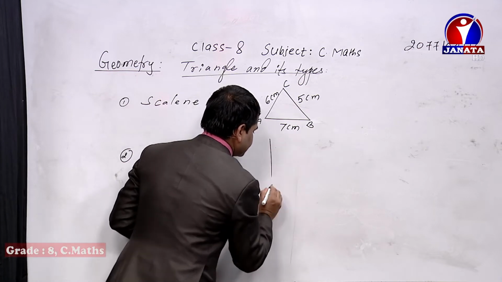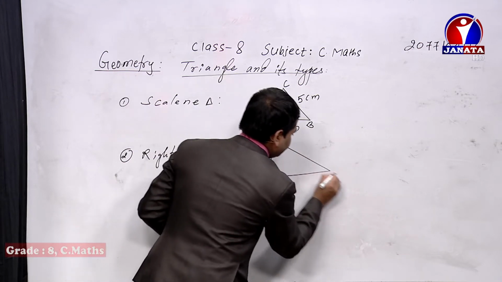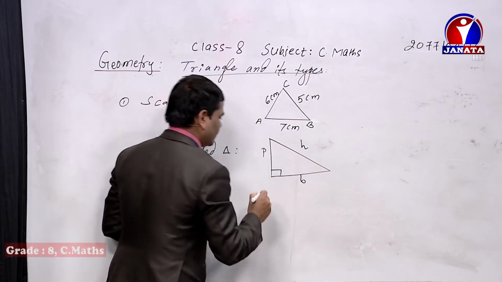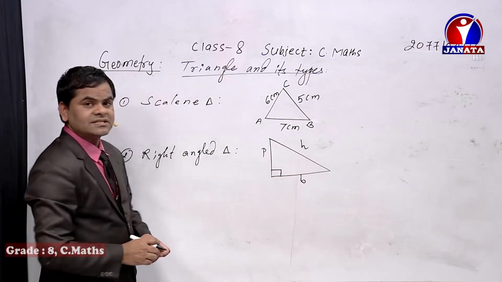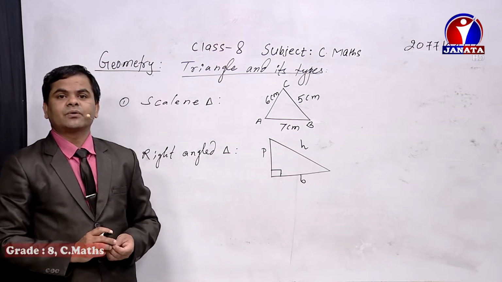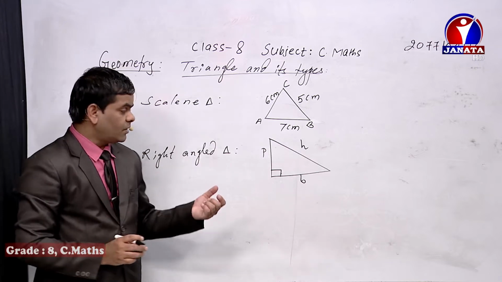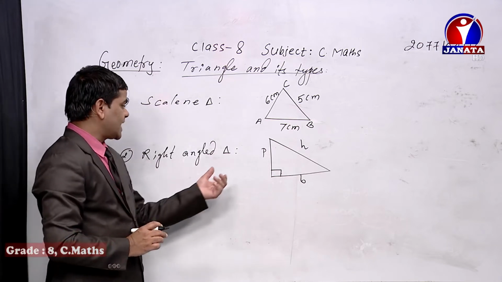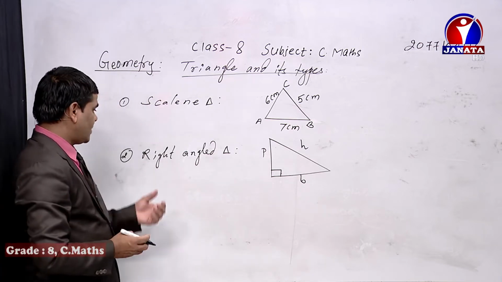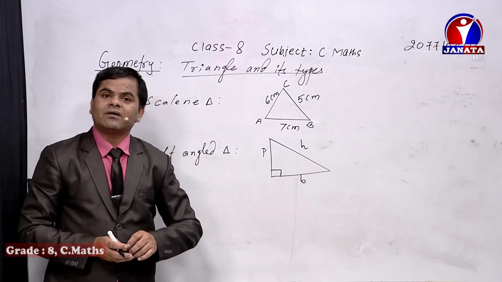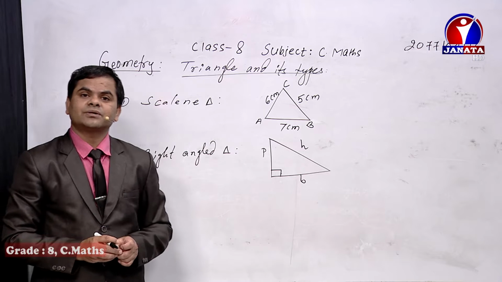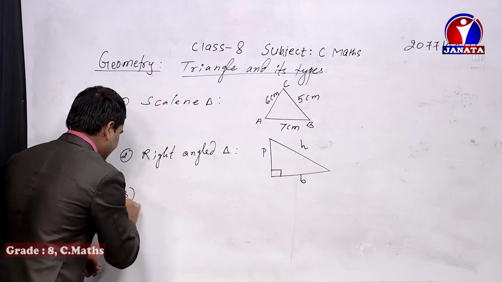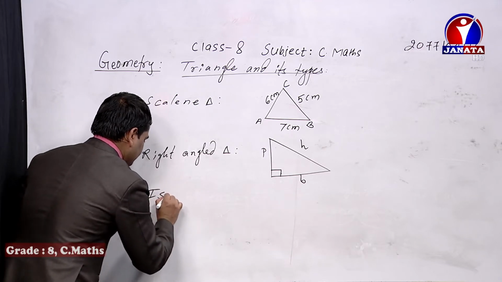If I make a right angle triangle, of course there will be a perpendicular, a base, and a hypotenuse, and one angle will be in between the two adjacent sides, perpendicular and base. That angle is 90 degree. At that time, that type of triangle is known as a right angle triangle. Once again, a triangle having one angle of 90 degree among those three angles of the triangle is known as the right angle triangle. Now the third one, dear student, is the isosceles triangle.